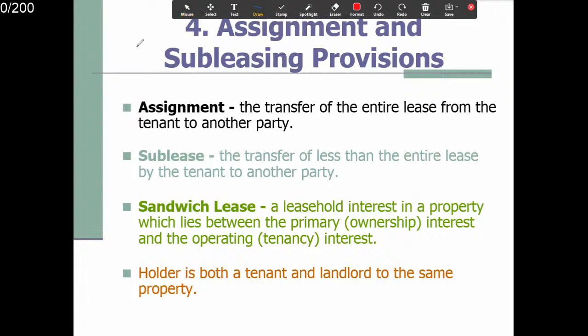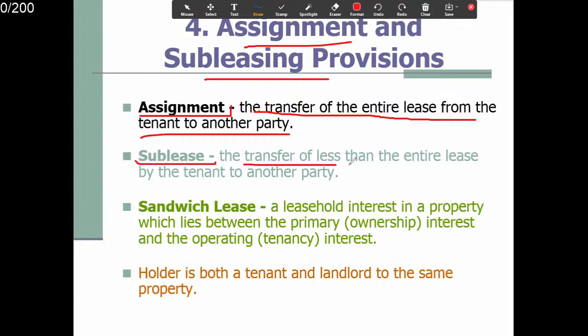Alright, assignment and subleasing provision. OK，这是租客转让跟分租出去。Assignment，这是转让，the transfer of the entire lease from one tenant to another，这是转让给另外一方了，第三方。Sublease 这是分租了，the transfer of less than the entire lease by the tenant to another party，一部分租出去。